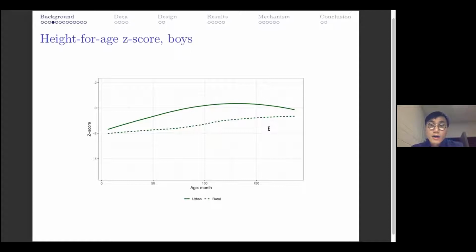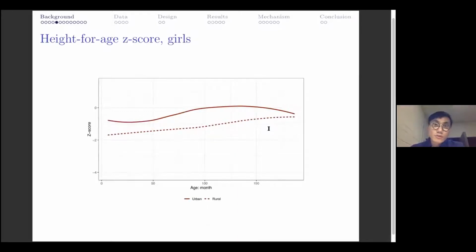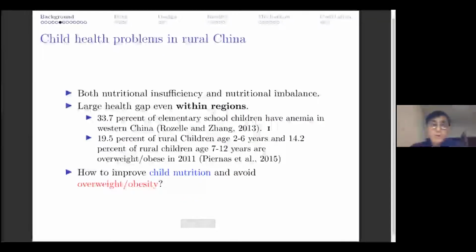At all ages under 15, there are huge gaps between rural and urban areas, for both boys and girls. So the big problem in China now is not a short-term child weight problem, but a long-term nutritional problem